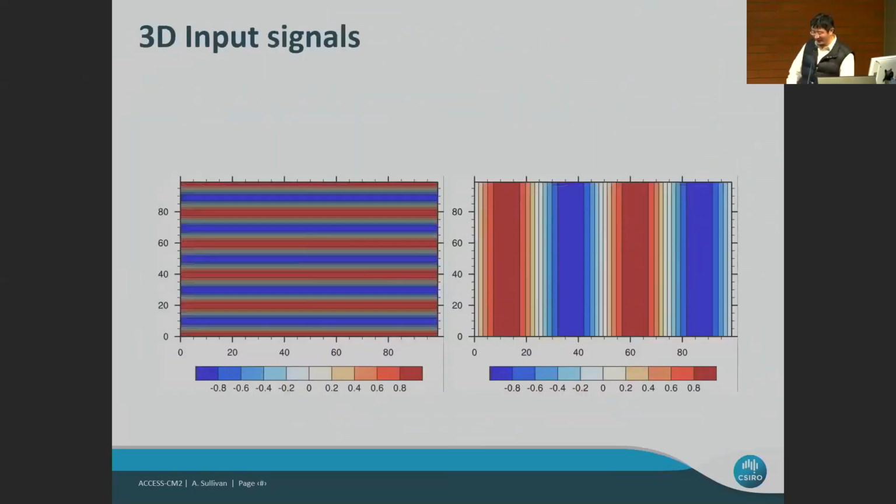If we have the signal like this, propagating from the north to south,